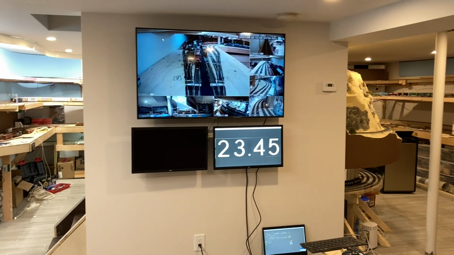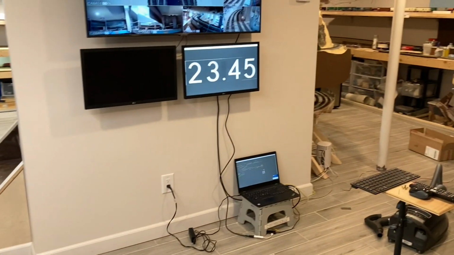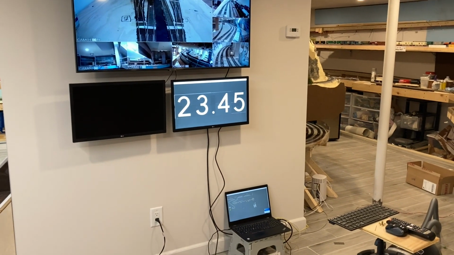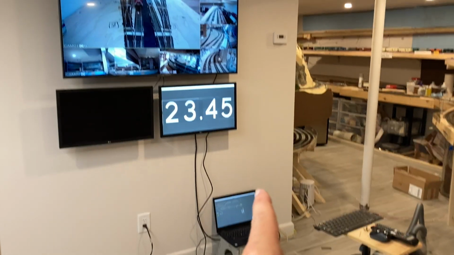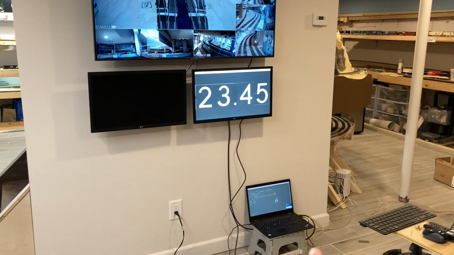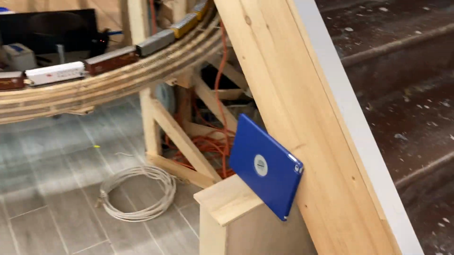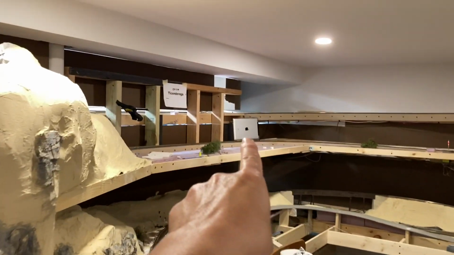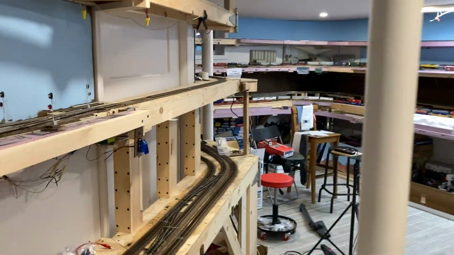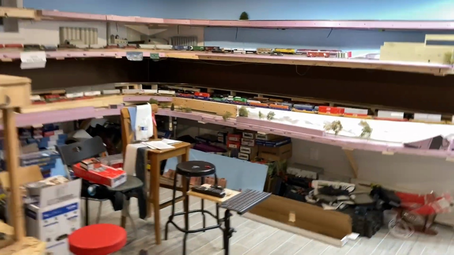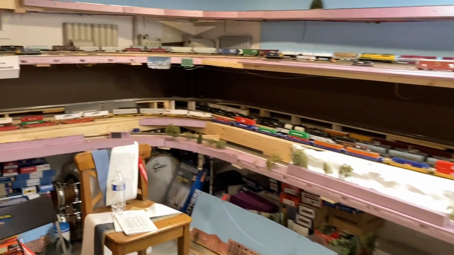But before we go there, what I'm doing is I'm running a Google Meet session, and I have the laptop running. I have an iPad here running, which I'll probably mount better than that. And then I have another iPad in that back corner there. So basically I have eyes on every section, the 3 sections of the layout. Not entirely, but I can see